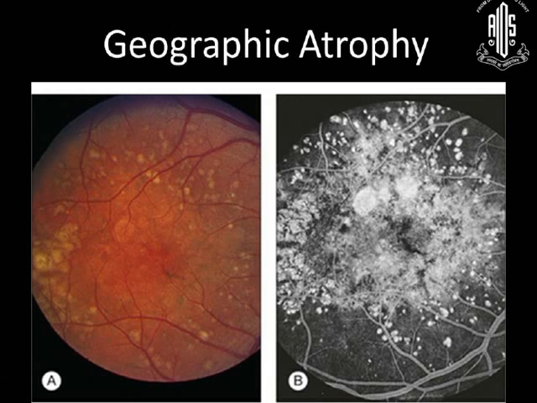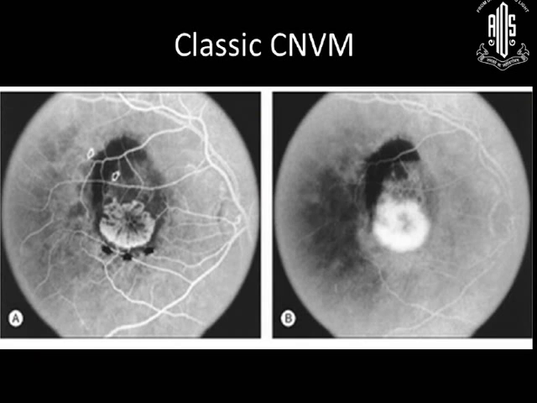Geographical atrophy. Basically, ARMD is a disease which is related to the macula and perimacular areas. So it is a degenerative disease. It is progressive, and this type of pattern may develop in some cases of ARMD. Classic choroidal neovascularization. Here, on fluorescein angiography in the late stage, you will see the hyperfluorescence in slide B, and in slide A, we have a classical picture of choroidal neovascular membrane,